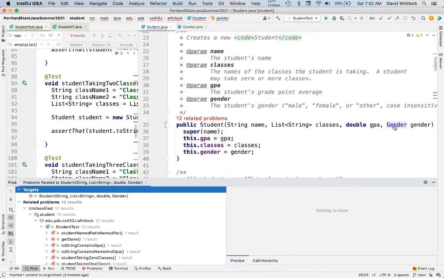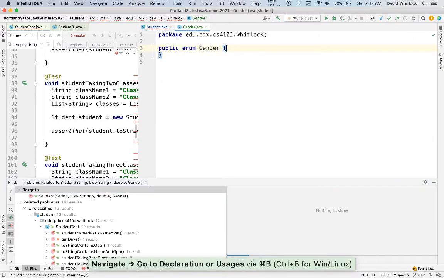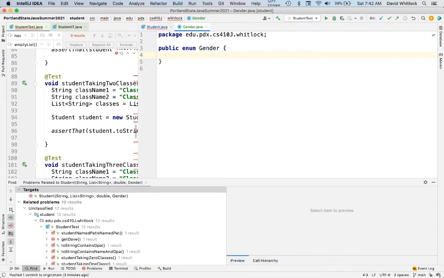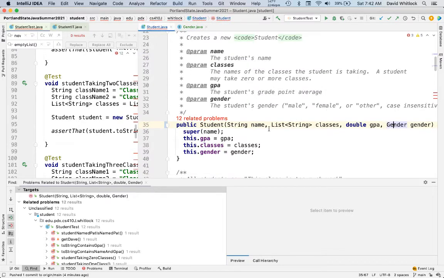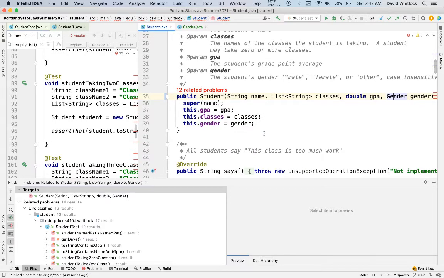Well, let's just go ahead and do this. We're going to have several values. We are going to have other, we're going to have female, and we're going to have male. It's probably complaining that they aren't used. Yes, that is true. Hold your horses, IntelliJ. I'm going to use them here shortly. I am going to first